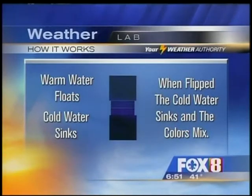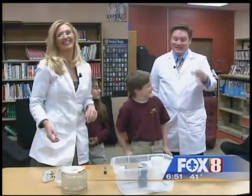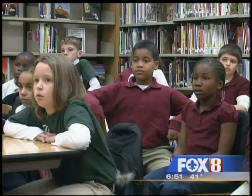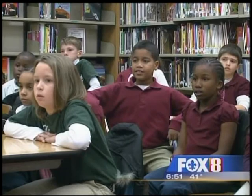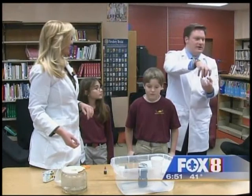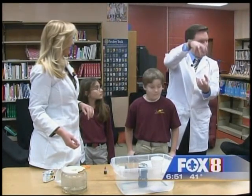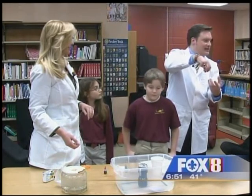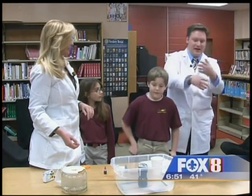So what is that telling us about density? Chris, we'll have you answer this one. Well, that means that the cold water is more dense, means it's heavier. So the colder water sinks to the bottom, the warmer water wants to rise to the top. So when we put the jars like that, they don't change. The warmer water stays on top of the cold water. Well, when we turn it over, we've now put the heavier cold water on top, and it wants to go down to the bottom. The warmer, less dense water wants to go to the top, and so they mix,